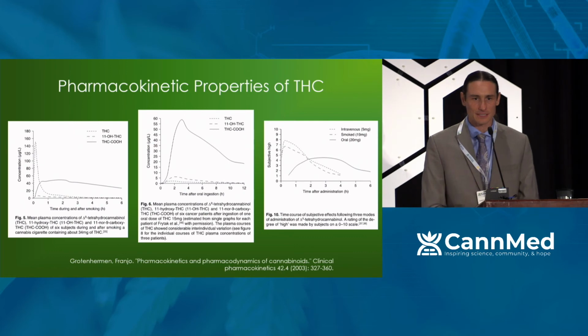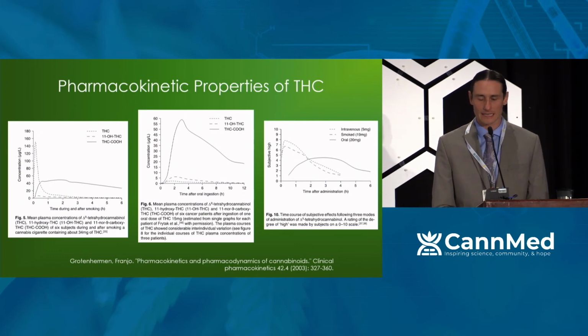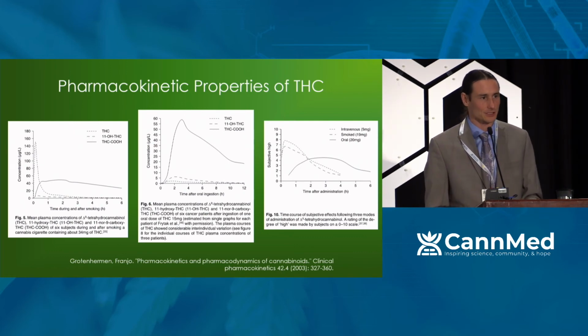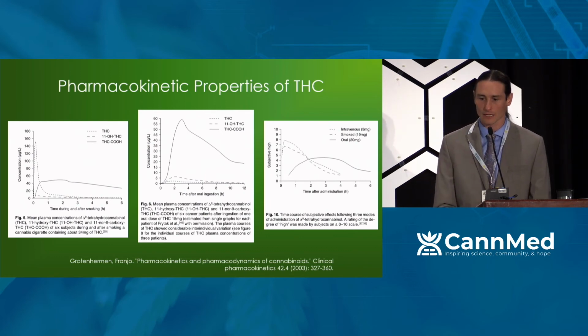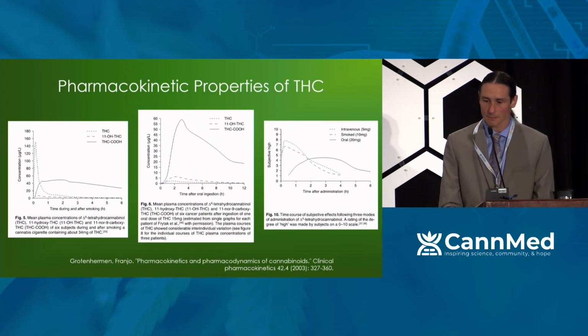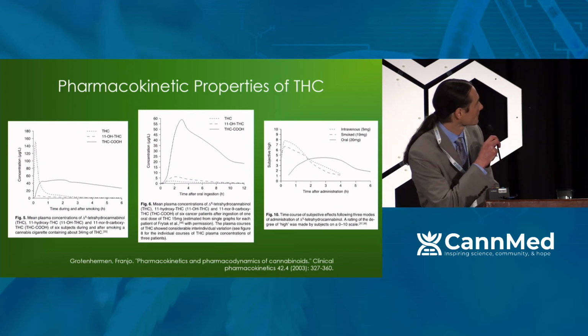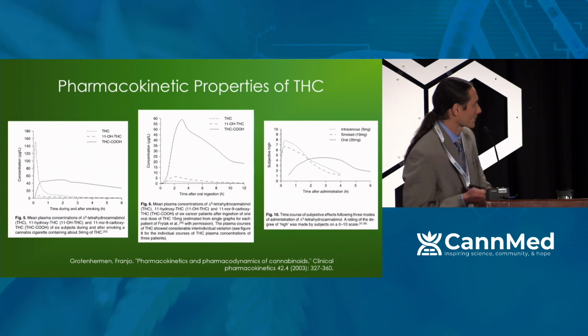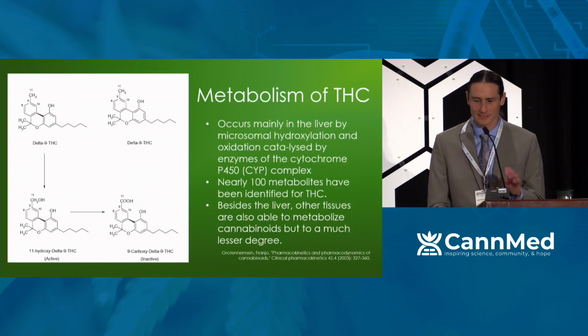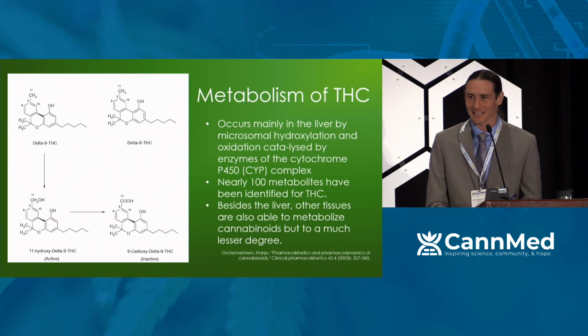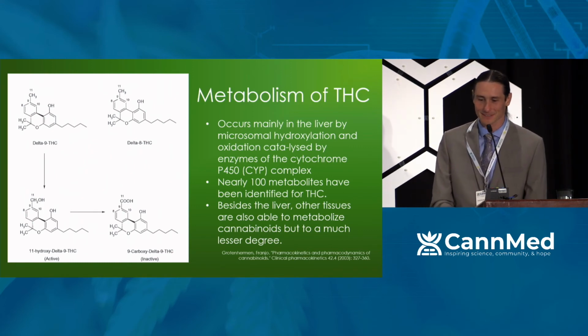So it really doesn't correlate directly, and it's not just psychoactive. It's analgesic and anti-emetic, and all the other effects don't correlate directly with blood levels. And then on the right, I believe we are comparing intravenous, smoked, and oral? And you can see that the intravenous and smoked look quite similar. Not that intravenous is a good route for THC. It's very likely to cause a psychotic transient experience.